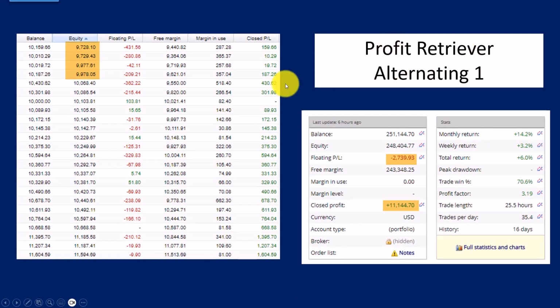Okay, so let's have a look at the demo portfolio that I have, and it has about 24 accounts, and you can see it's doing pretty well. Only 4 of them are negative, and overall results, you can see the close profit and the open is pretty good. So the overall results are pretty good. It's been running for about 14 days or so, 2 weeks, so it's still young,